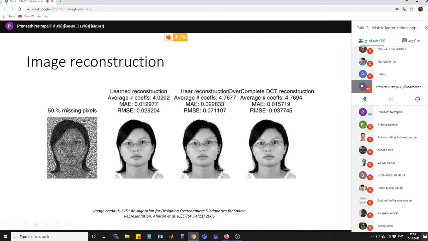So these two are more standard, classical ways to reconstruct a given image. What you do is you take the discrete cosine transform of the image, right? It's well known that natural images have a sparse representation in the discrete cosine transform. However, because there are missing pixels, this will be spread all over the place in the discrete cosine transform. So you throw away all the high frequency components and only keep the low frequency components, and then you project it back onto the image space.